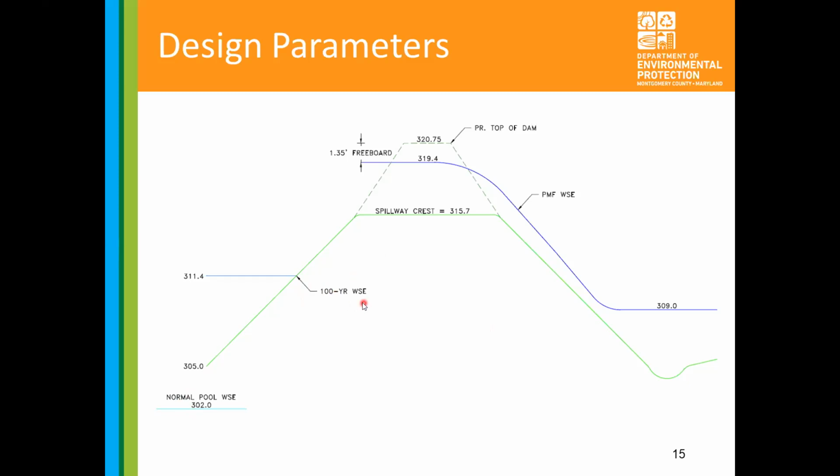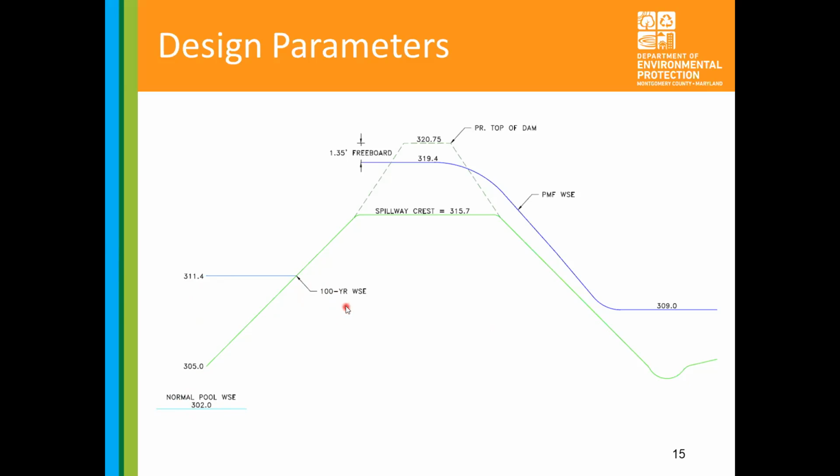So during the 100-year storm, which is not exactly once every 100 years, it just means that on any given year, there's a 1% chance of that storm happening. And under the current layout, we're talking an elevation of 311, so 6 feet difference off of here. So it's 9 feet from the